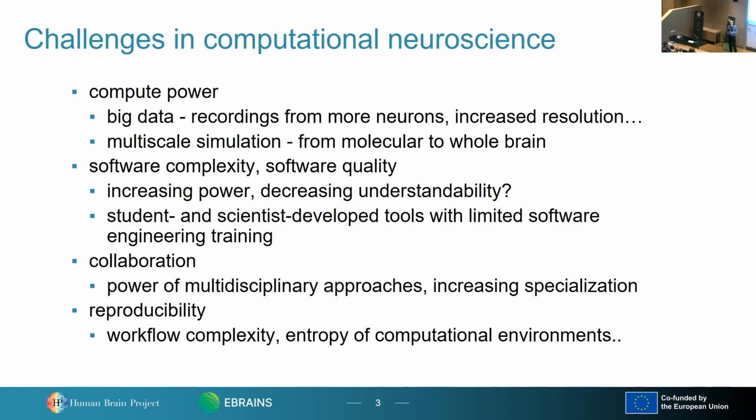A second problem is that a lot of these tools are developed by students, by postdocs, but in general, people who don't have a lot of experience in software engineering. They don't have formal training in software engineering. And so you can ask what the quality of these tools is, and the quality is quite variable across the